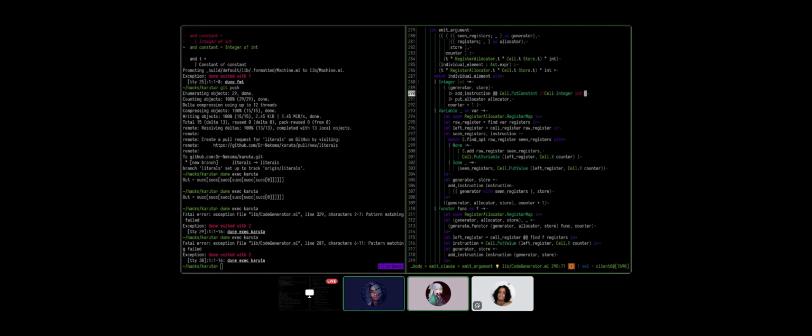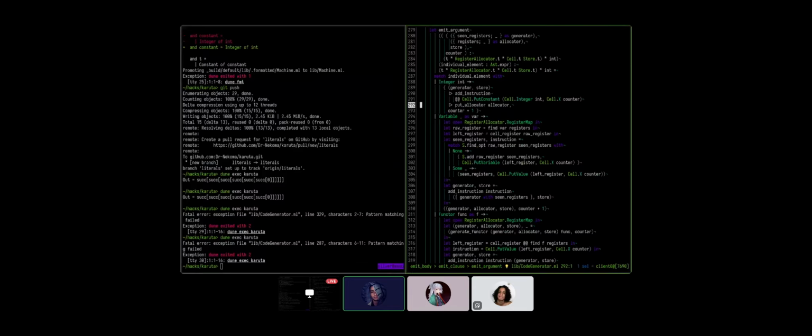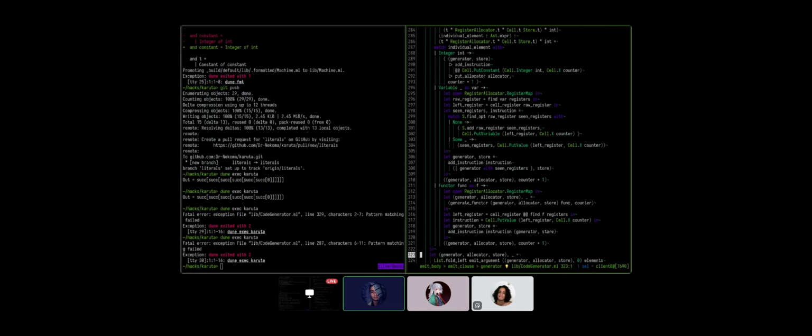Which register are we going to use? cell x counter. Man, I have no clue how you have all of that in your head. Okay. It's not in my head, it's here. No, yeah, but in your head, the ability to make sense out of it.